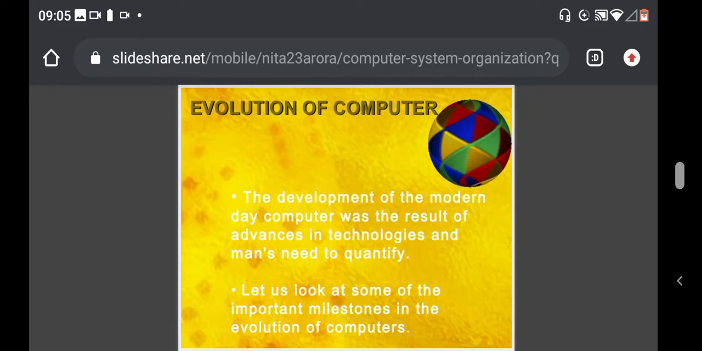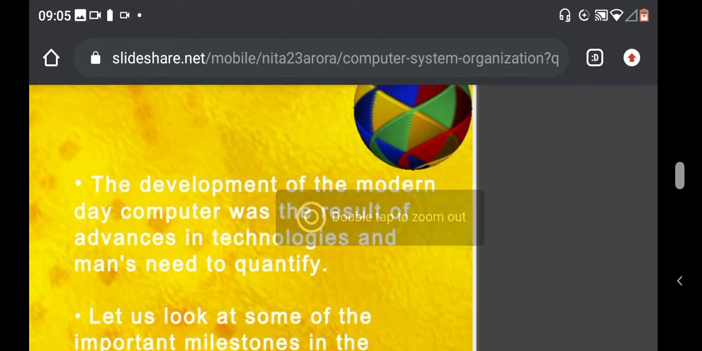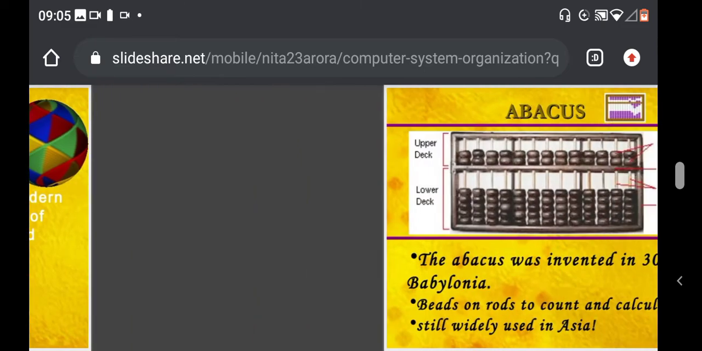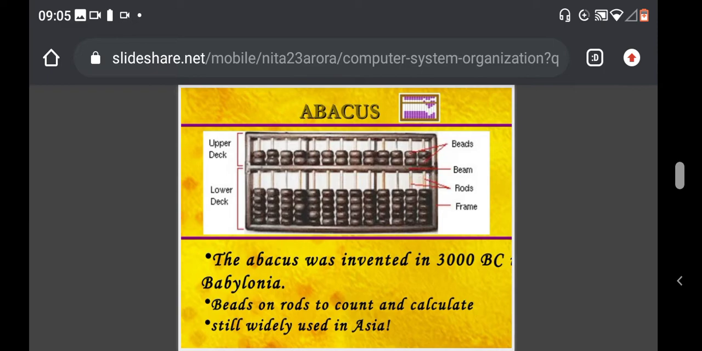So in the evolution of a computer, the development of the modern day computer was a result of advanced technologies and man's need to quantify. So let's just look at some of the important milestones in the evolution of computers. So these are the following milestones. So in different generations, the earliest